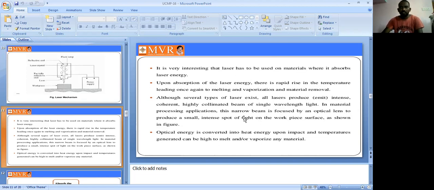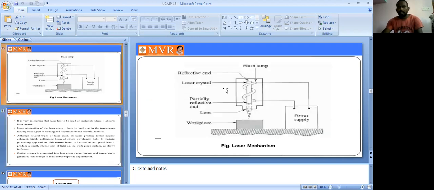మెటీరియల్ ప్రాసెసింగ్ అప్లికేషన్స్ లో this narrow beam is focused by an optical lens to produce a small intense spot of light on the workpiece surface as shown in the figure. The optical energy is converted into heat energy. సో ఇప్పుడు ఏమవుతుందంటే ఈ మెటీరియల్ ప్రాసెసింగ్ అప్లికేషన్ లో this narrow beam is focused on the optical lens. సో ఎప్పుడైతే లేజర్ లైట్ అనేది ఈ లెన్స్ మీద ఫోకస్ అవుతుందో ఈ లెన్స్ అనేది ఏం చేస్తుందంటే